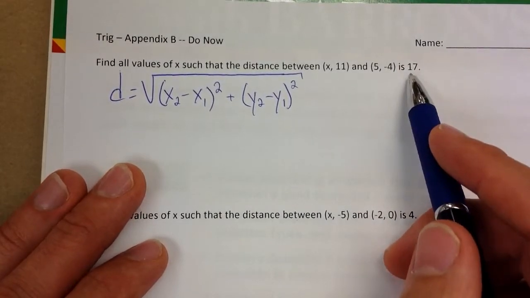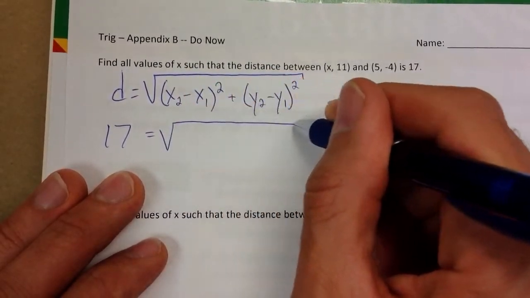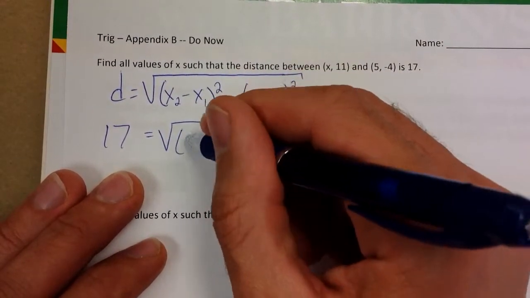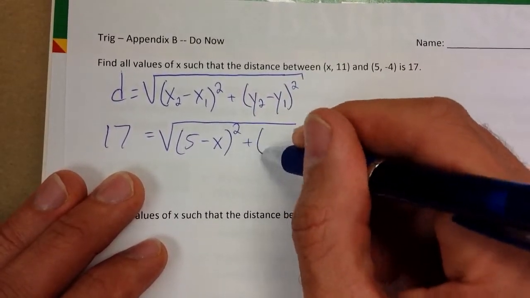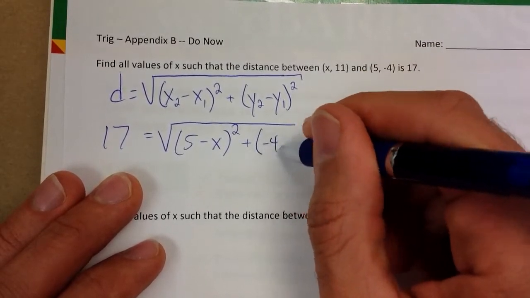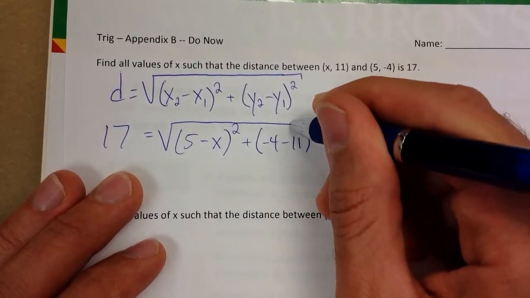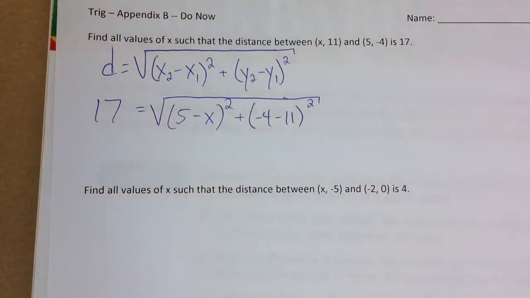So I know my distance, it's 17. And I know one of the x's, it's 5. I don't know the other one, so I'll leave that as a variable. I know both the y's, -4 minus 11. Now, as I was going around, there were a lot of people who had misconceptions about how